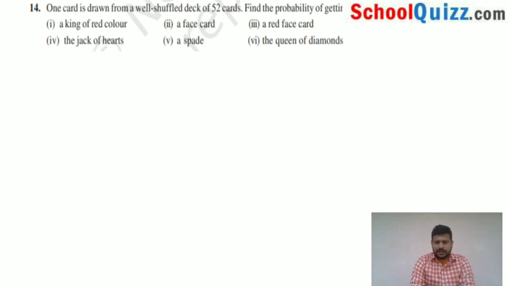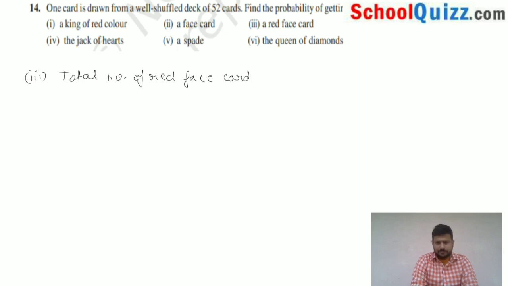Third part says that we have to find the probability of getting a red face card. Total number of red face cards is equal to 6. We have total 6 red face cards. Now probability of getting a red face card